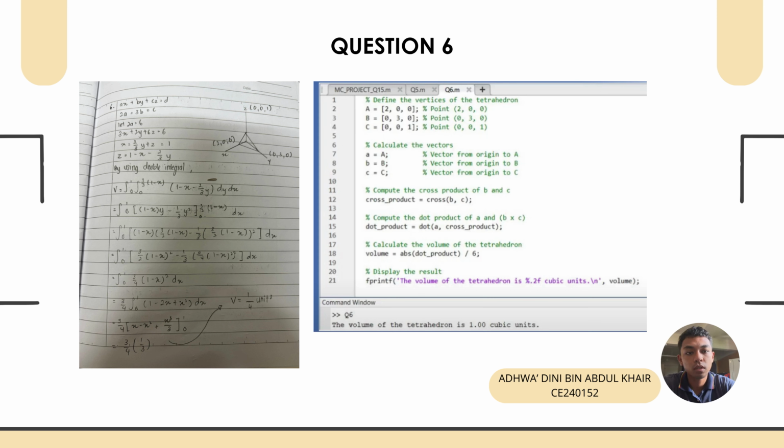The volume of the tetrahedron with vertices A equal to 200, B equal to 030, C equal to 001, and the origin O equal to 000 is 1. This result was verified using both manual calculation and MATLAB simulation. In conclusion,